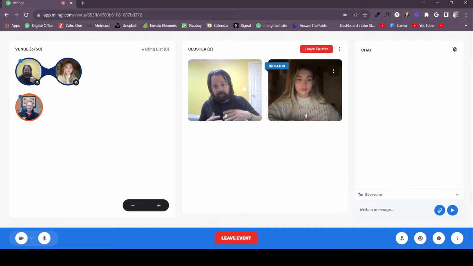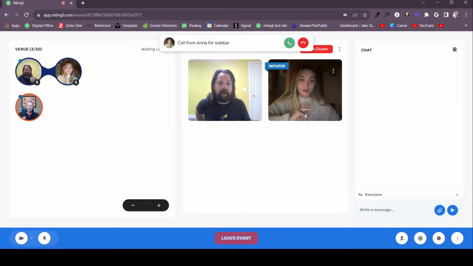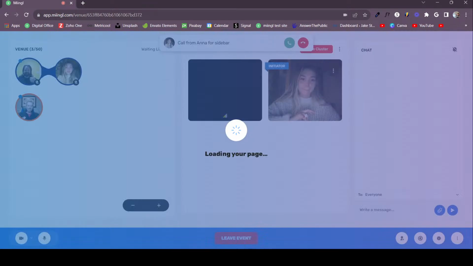Let's say we get a bunch of people in our cluster, and you can have up to 5, and then it blocks out, because if you've got more than 5 in a cluster, you might as well be building a new cluster. But if you're like me and you're ADD, and you need somebody to remind you of something, or you just need to tap somebody on the shoulder and go, hey, remind me to talk to you about your dog later, that's what this is for. If you click the three dots right here and hit make sidebar call. Now I'm getting a request from you for a sidebar call.